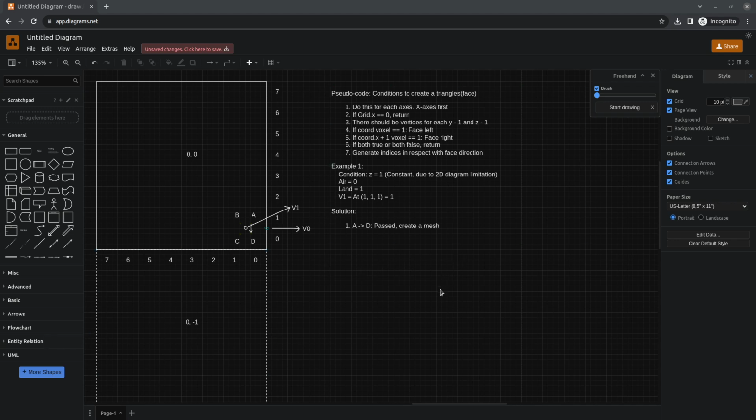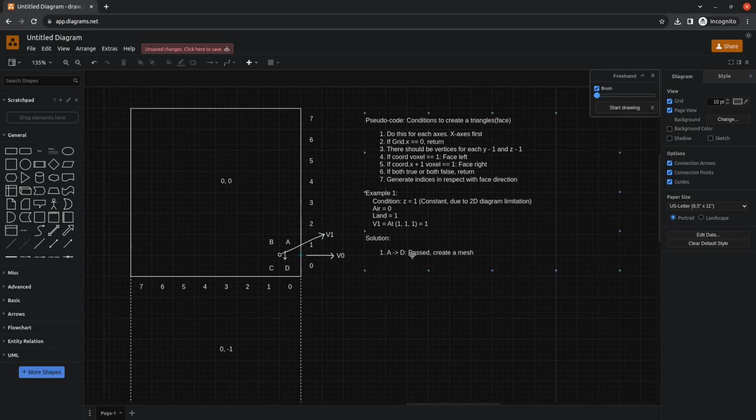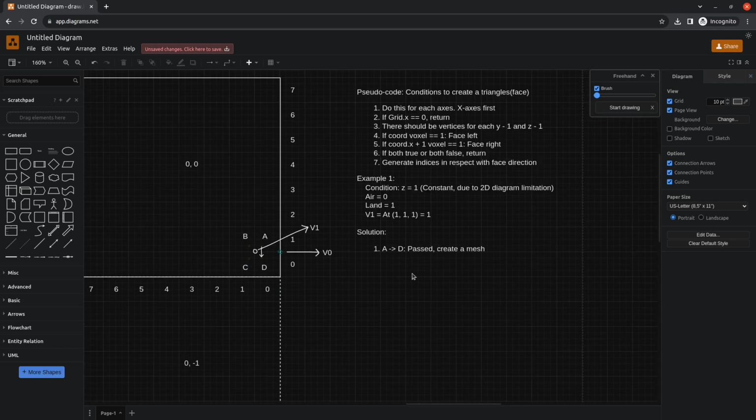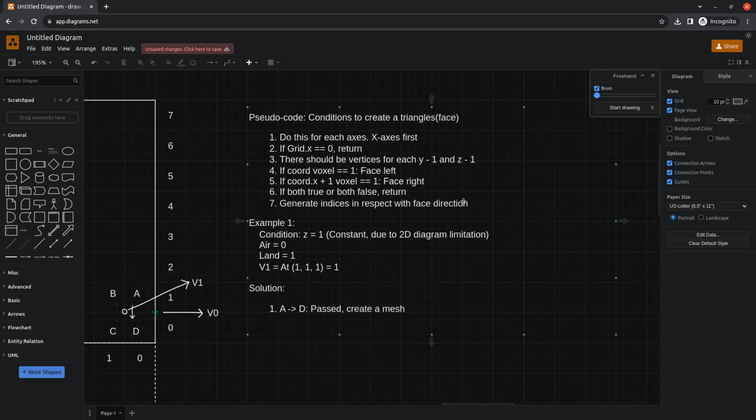Alright, so we'll start again and then try to review the last implementation we did. So I think we are on the creation of a triangle, creation of mesh from A to D. So we need